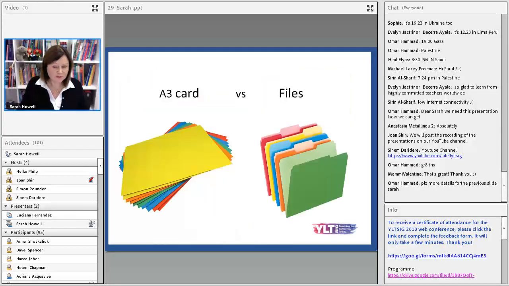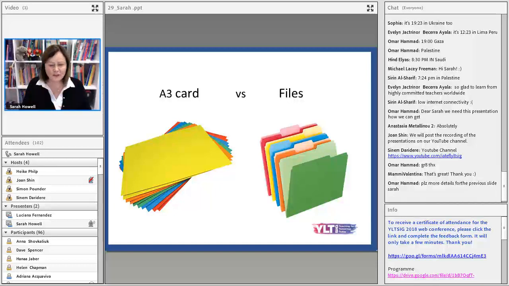We need a folder to start with. A word on folders, just a practical note, so you don't make the same mistake that I made when I first started Lapbook. Hundreds of files and then found they weren't suitable for my needs. I picked up a tip from a teacher in the local school that I work in, Ramina, who said, you're better off using A3 card because when you fold it into the various shapes of the Lapbook, the size is A4